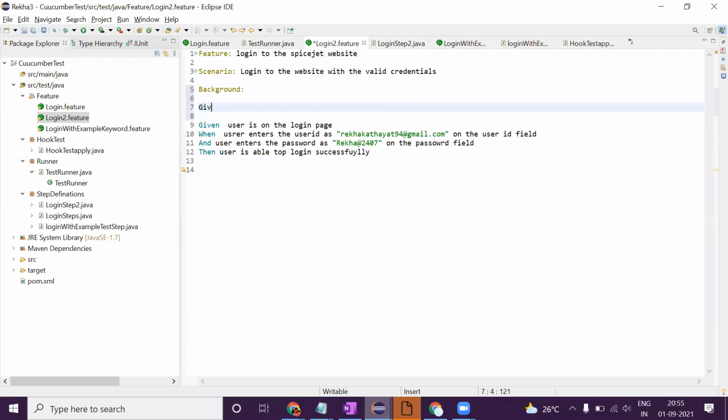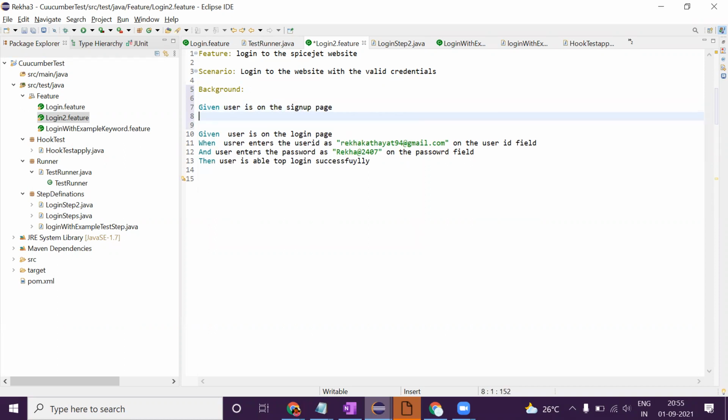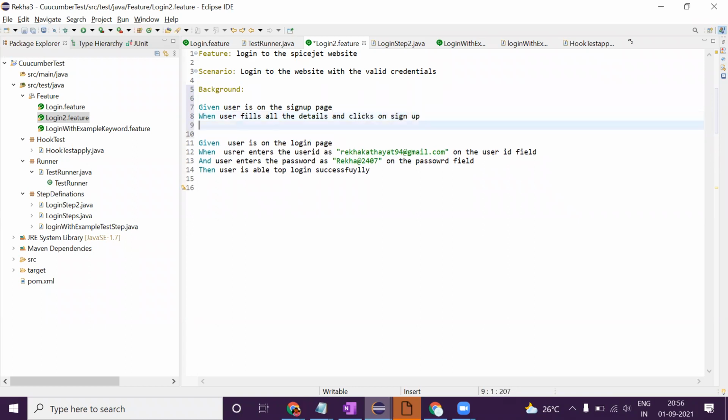Given user is on the sign up page. When user fills all the details and clicks on sign up.